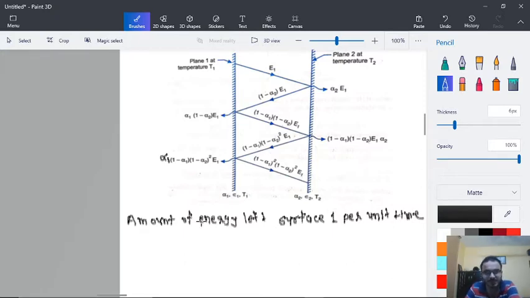That is, here if we see, it is E1 that was left,